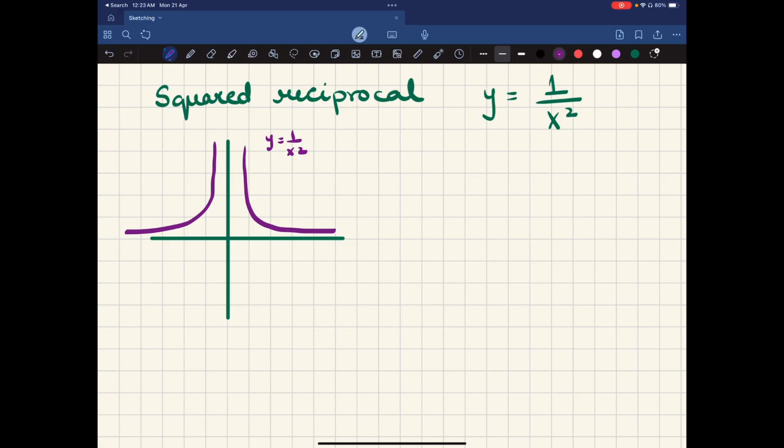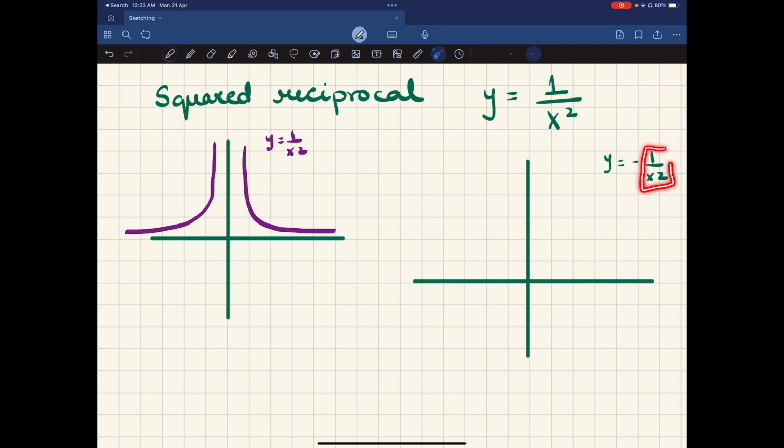But if we have y equals negative 1 over x squared. Basically, before I plot, understand, 1 over x squared will always yield a positive answer, as we have seen here. But then whatever your answer is, there's a negative waiting for it. So for all values of x, the y values will always be negative. Okay, so your graph would be